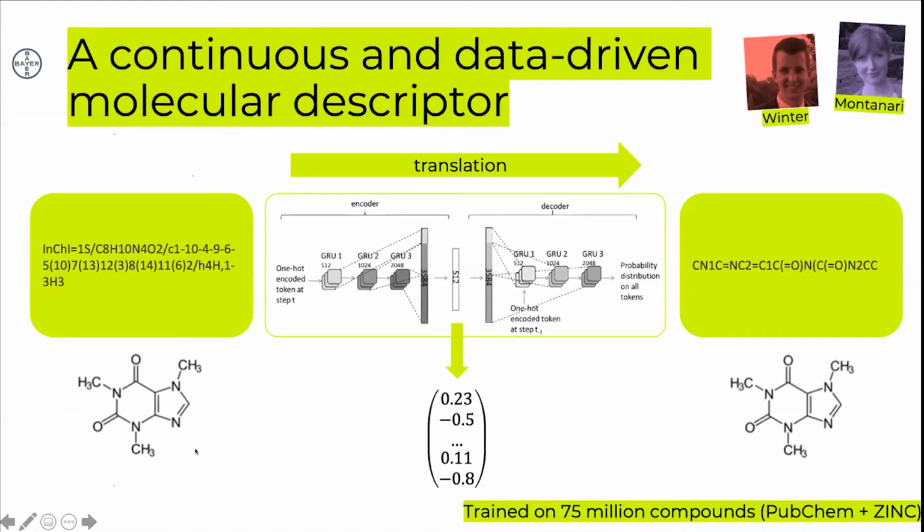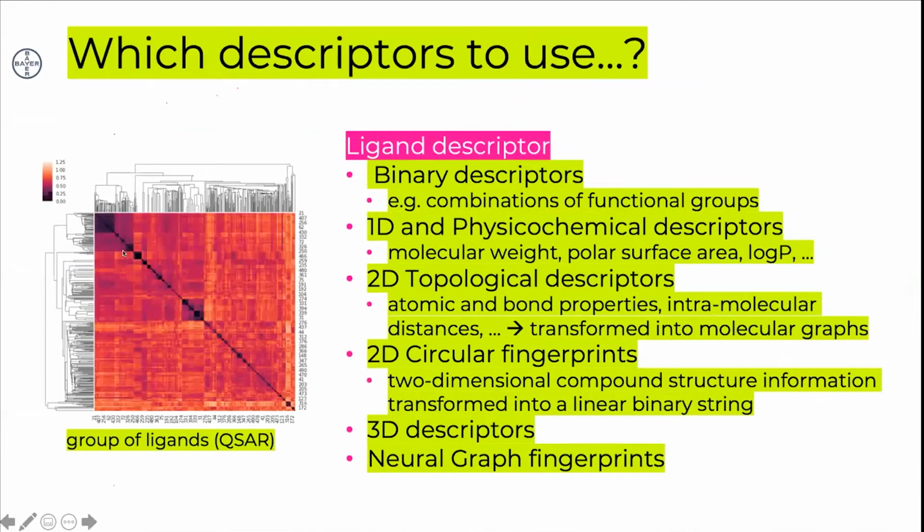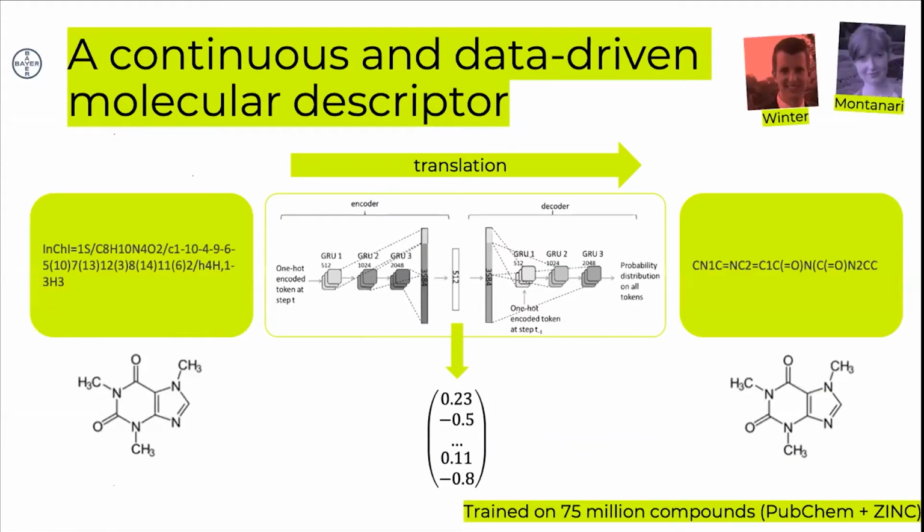So as depicted here on the left-hand side, this chemical structure can be depicted as this InChI key. But on the right-hand side, it is now also depicted as a canonical SMILES. So what we have developed is basically a sequence-to-sequence model that takes a SMILES notation in the form of an arbitrary SMILES and translates it into its canonical version. So thereby we force a network to learn something and to understand what this string representation means.